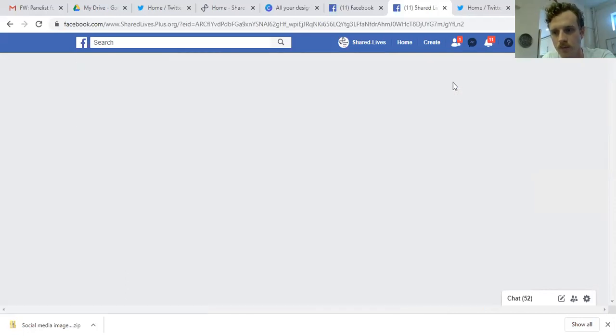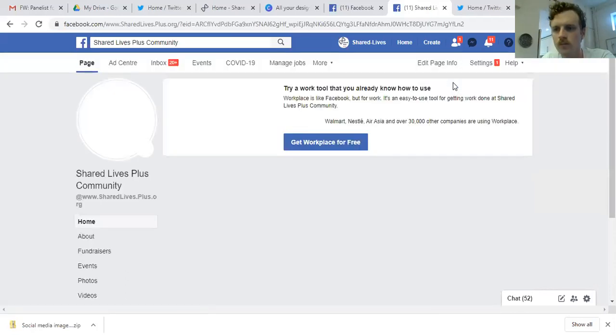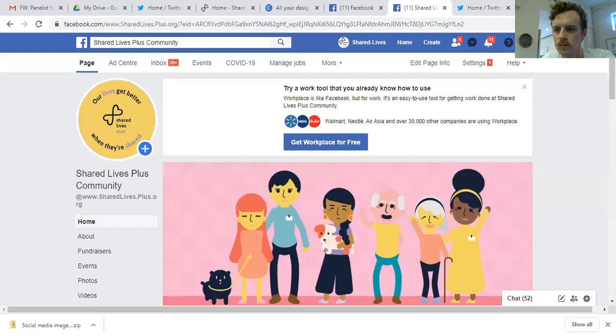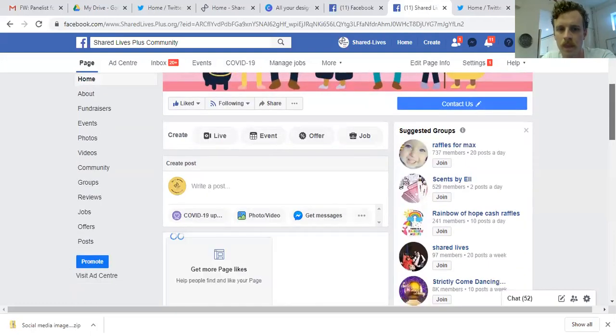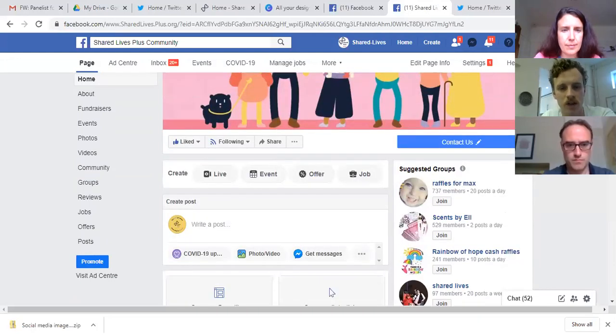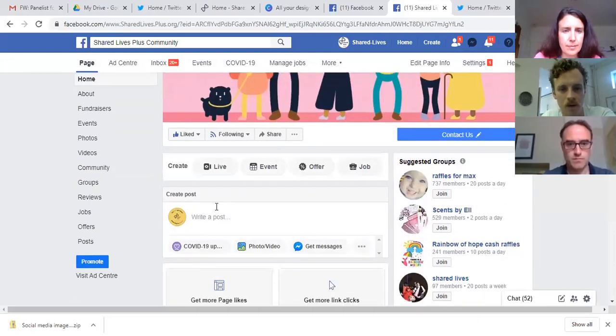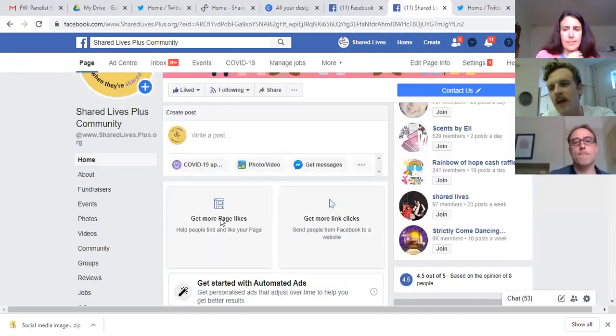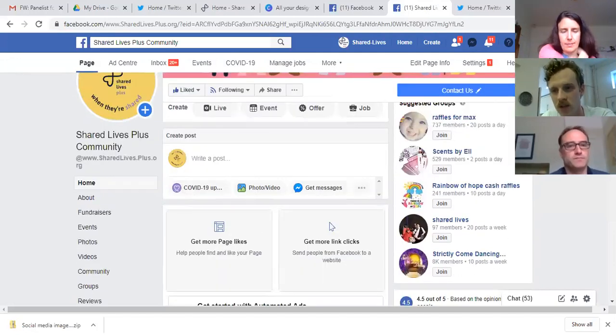Click on that. The option to create a post is below your header image, and it's always at the top here. There's a lot going on this page, but you will get used to zeroing in on the stuff that's most relevant to you, and creating a post is always at the top here.